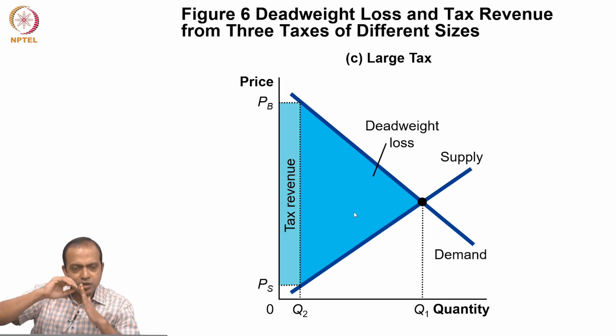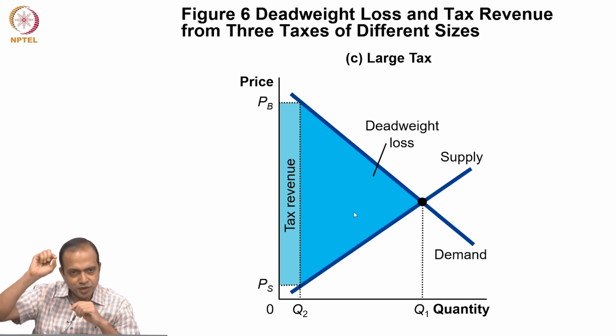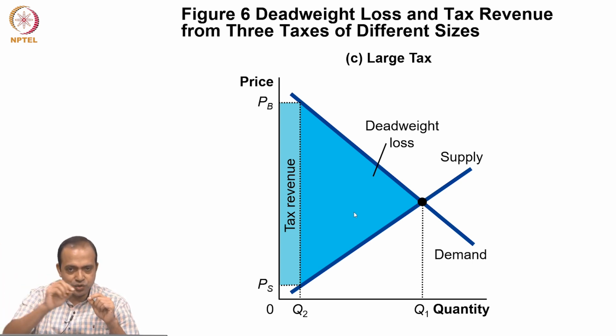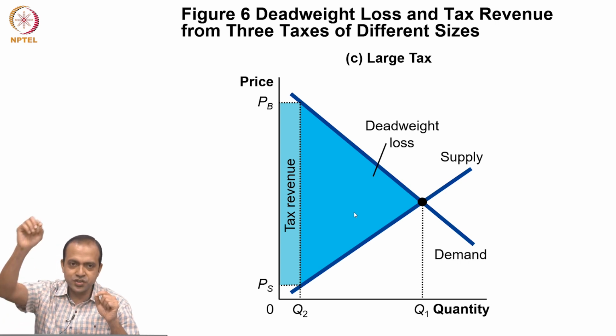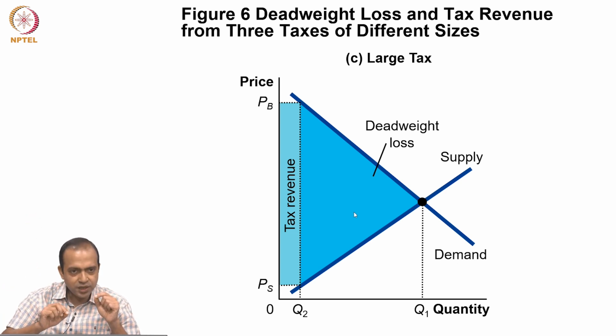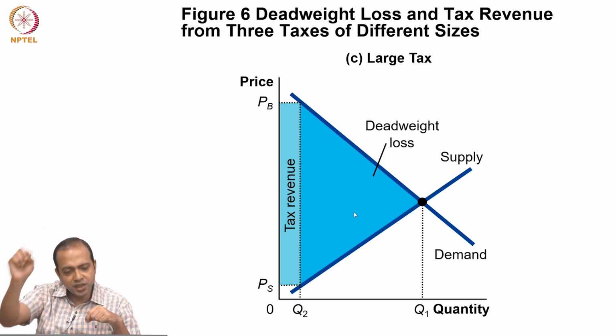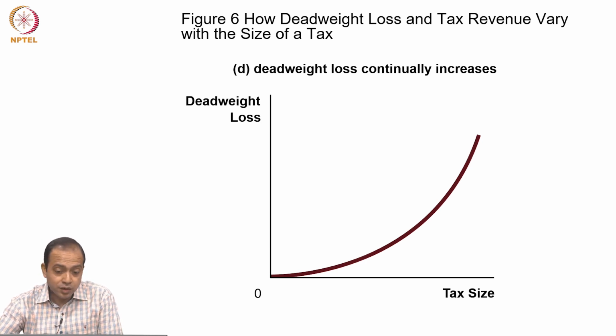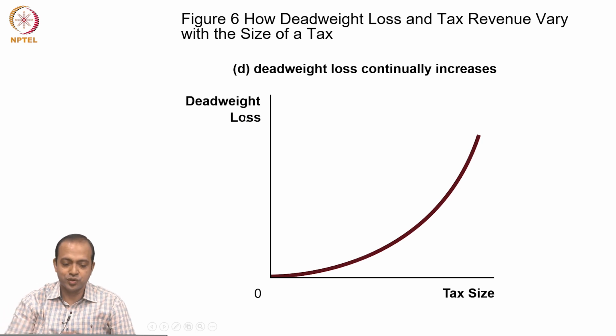So, that means, if you now plot the relationship between tax rate and tax revenue and tax rate and deadweight loss, you see that deadweight loss is increasing at an increasing rate with the tax rate, while tax revenue is first increasing and then falling. So, we can expect an inverted U-shape relationship between tax revenue and tax rate, while this type of relationship between tax rate and deadweight loss. Look, it is increasing at an increasing rate.